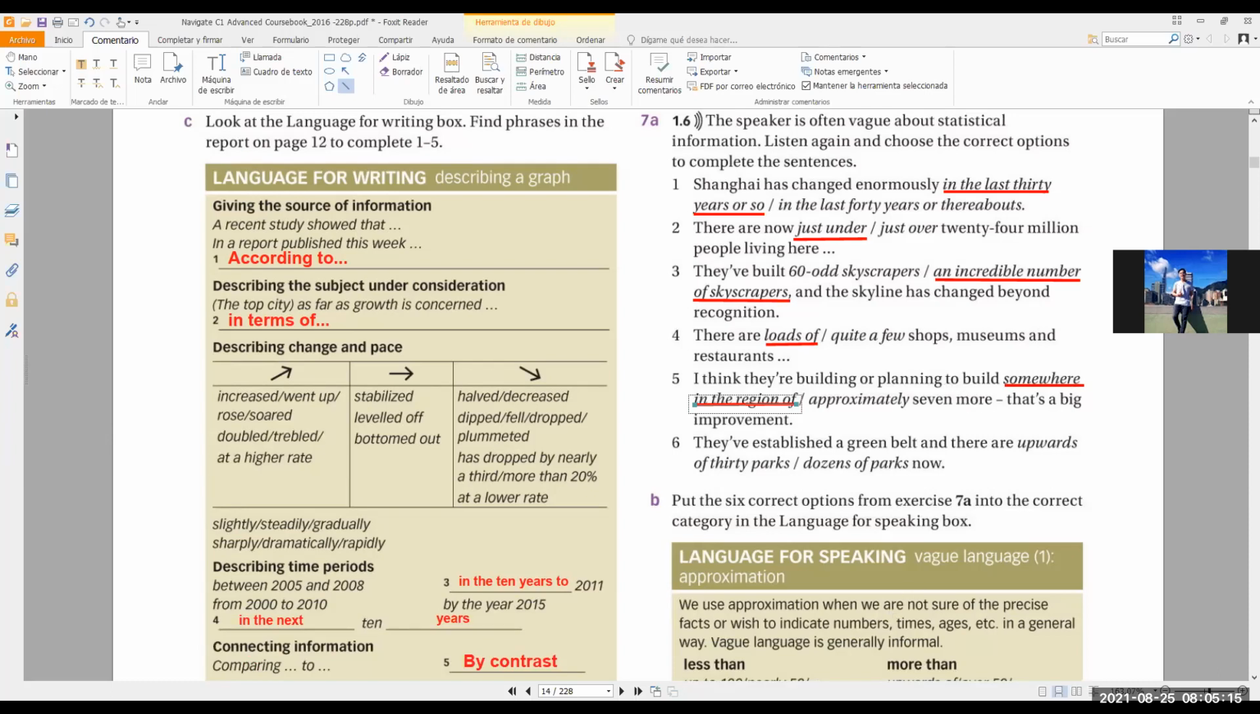So for instance, that shop is somewhere in the city center. Like the building, I don't know exactly the address, I don't remember, but it's somewhere in the city center, or it's somewhere in Kennedy, it's somewhere in Puente Aranda, see, or somewhere in this region, somewhere in this city. Those are expressions to talk about location without being accurate. And number 6, they've established a green belt, and there are